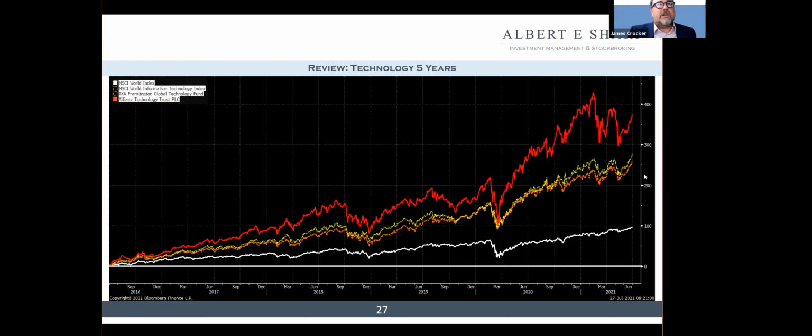But if you're going to buy tech, you need to know what the benchmark is. And that is the orange line there, which is the MSCI World IT Index. The Global Technology Fund, the AXA Framlington Global Tech Fund, is what we've had in the portfolios. That's the yellow line. That's beaten it quite nicely, but quite clearly the Allianz Tech Trust that we prefer has done even better. But bespoke portfolios, happy to have conversations about that,